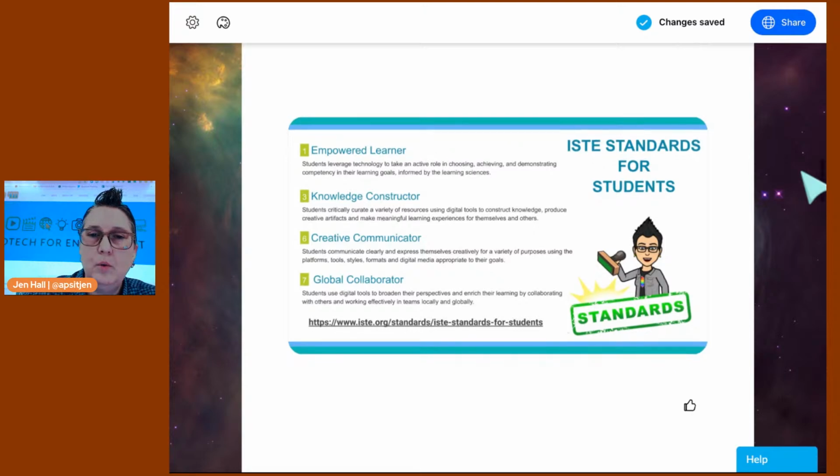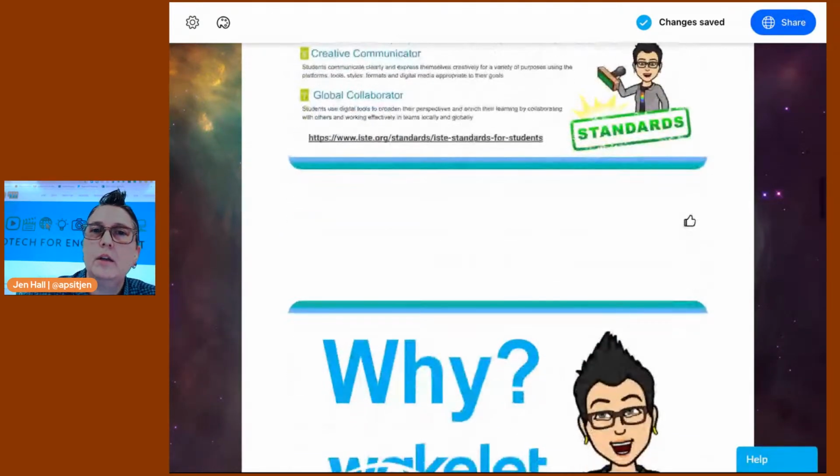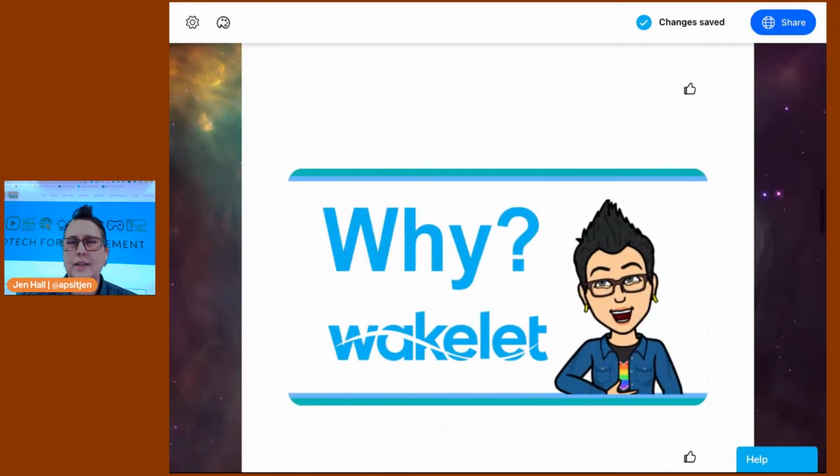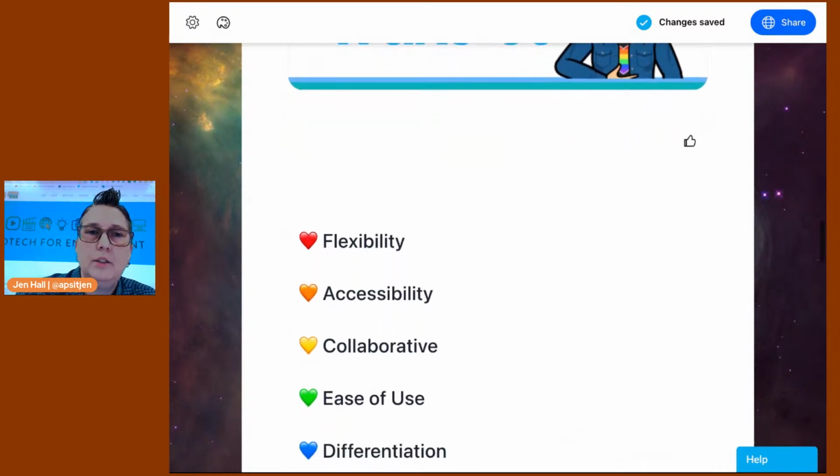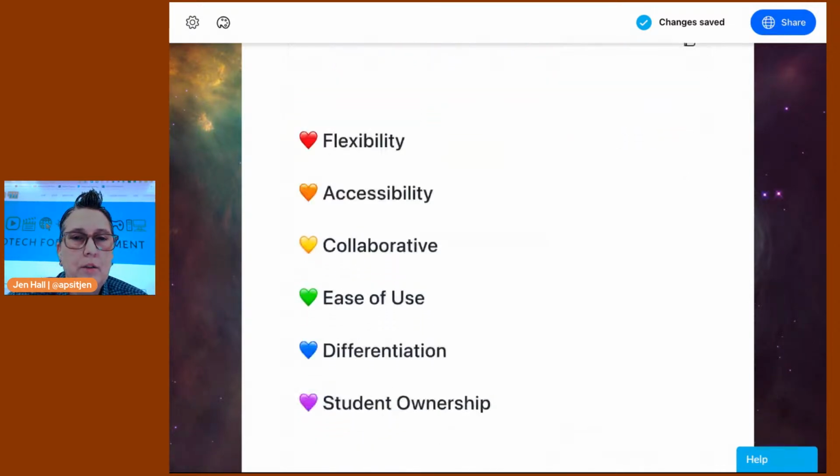So kind of a cool way to touch on that global collaborator. So I'm often asked, why Wakelet? What is this tool? I don't understand what it is, and why would I want to use it with my students? And so my quick bullet points, when I talk to teachers as to why you would want to use this and add it to your toolbox, would be the flexibility,